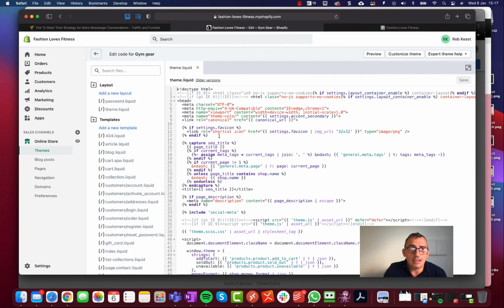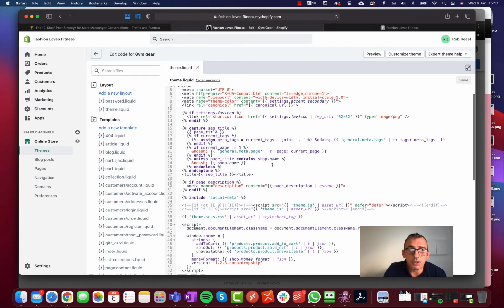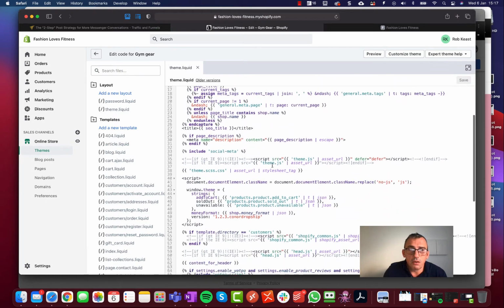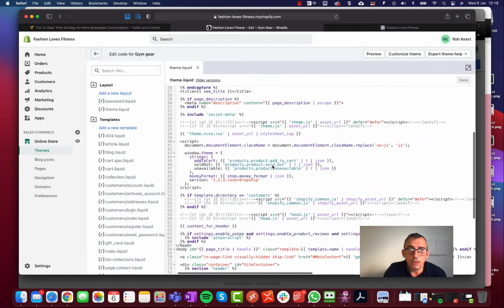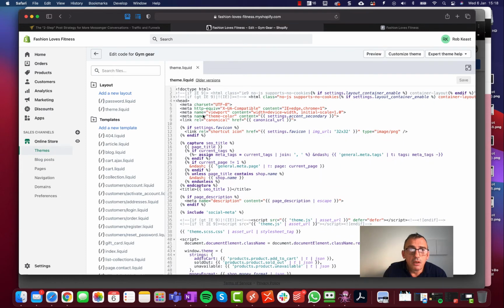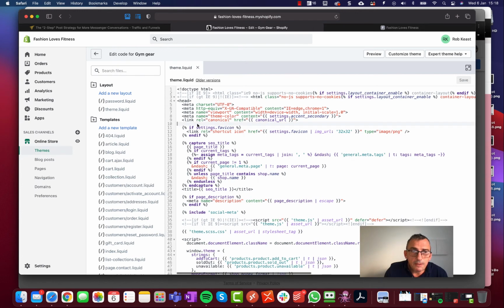So you're editing the actual code of the website here. Now, I've been a developer for more years than I care to remember, and doing this just scares me. So I think it's just this one that I need to do. And somewhere in here, I need to put this code.